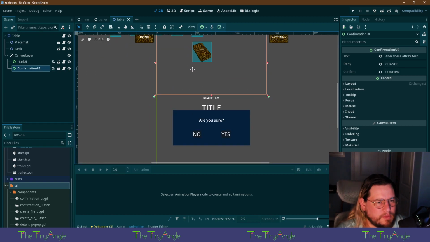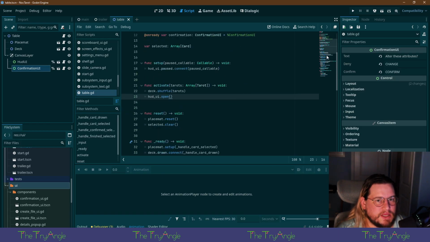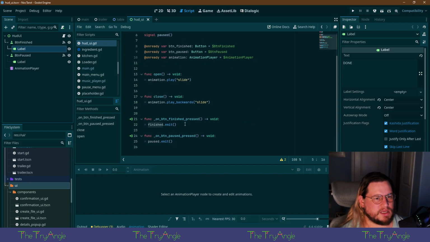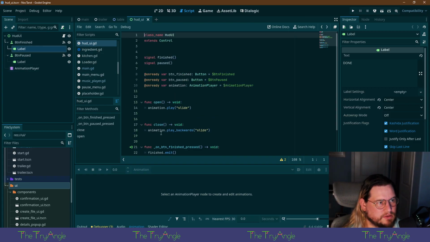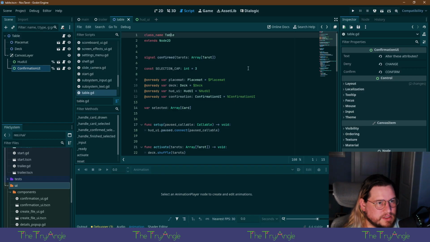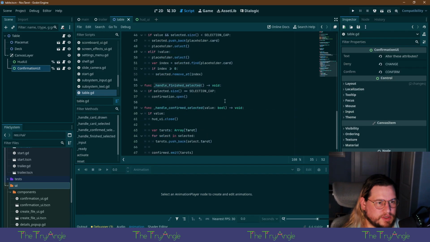Maybe we don't need a confirmation UI. So what happens when we select the done button though? When we select the finished pressed, we emit our signal. Okay, come on, back to this. HUD UI connect, handle, finish, select.